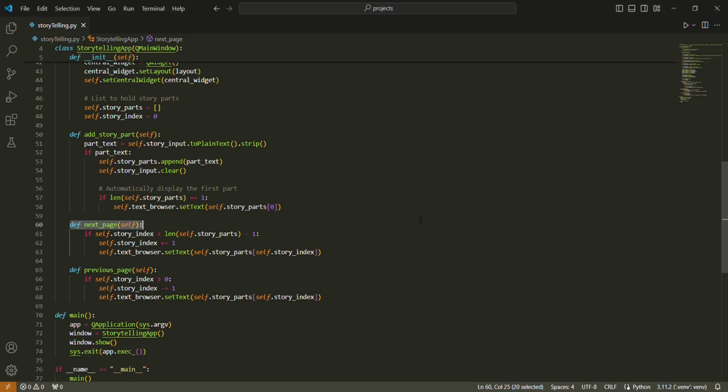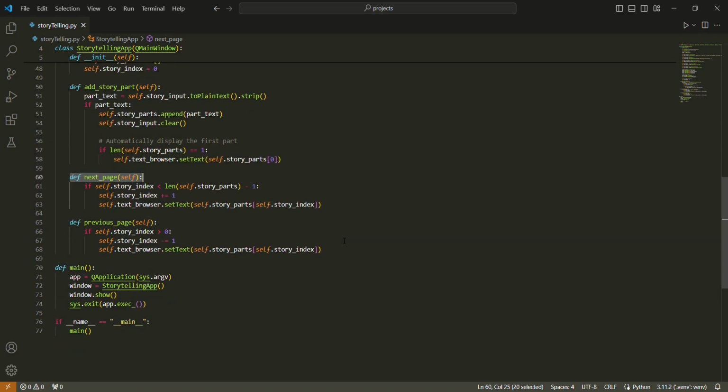So, for example, if we have an existing story that has three parts, and we are currently in the second part of the story, then this next page method will show the third part of the story.